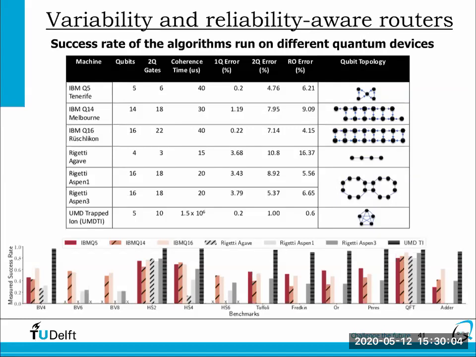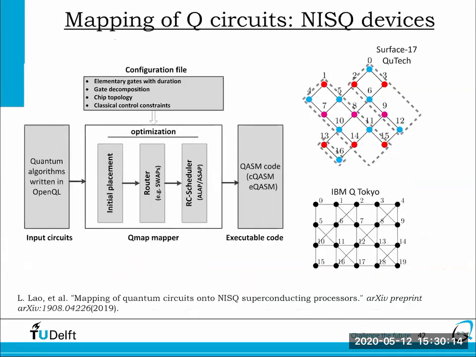Here in Delft, we have also developed a mapper for the Surface-17 chip, taking into consideration all the constraints that I explained before, but it can also be used for mapping algorithms on the IBM Q Tokyo chip. Just to show the big picture of how mappers are usually implemented: mappers are implemented within the compiler, so it's a compiler pass. They have different steps, like the ones I mentioned, which are initial placement, the router, and the scheduling of operations. And of course, you can also do some optimizations that